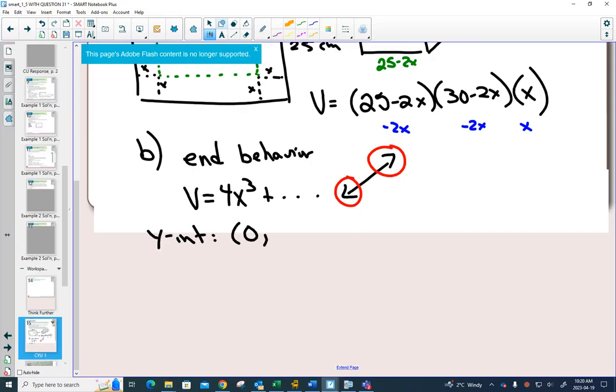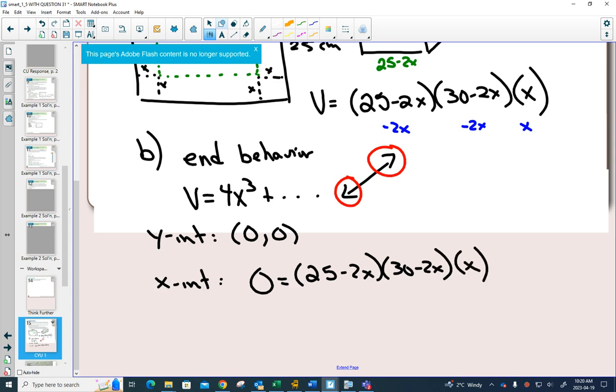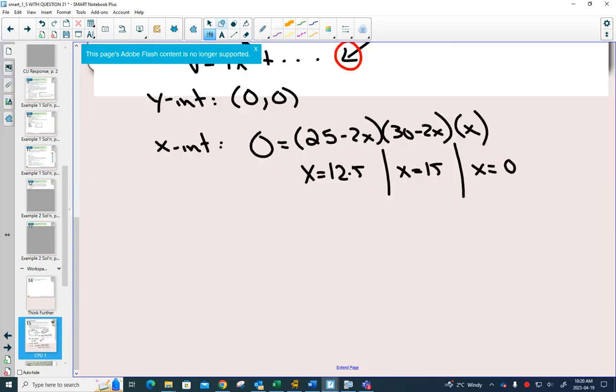Y-intercept, super easy, plug in 0 for x. The last one is just a 0, so it's going to be 0, 0. And x-intercepts are also easy because it's already factored, right? Plug in 0 for y. So again, it's important that we're able to graph this by hand, even though we're going to be able to use technology. Graphing it by hand is going to tell us